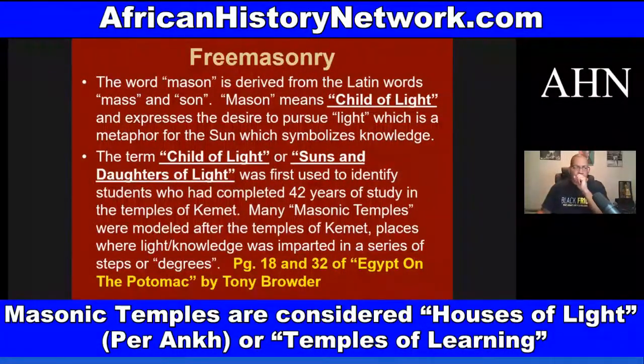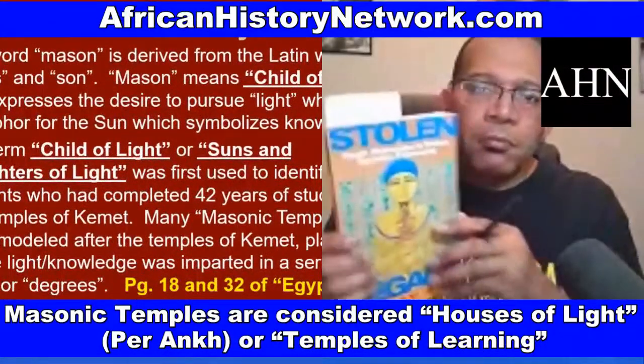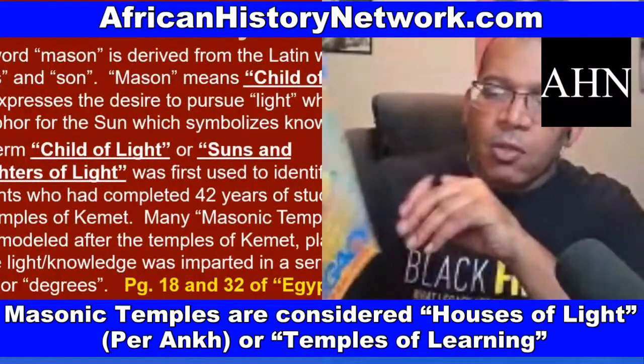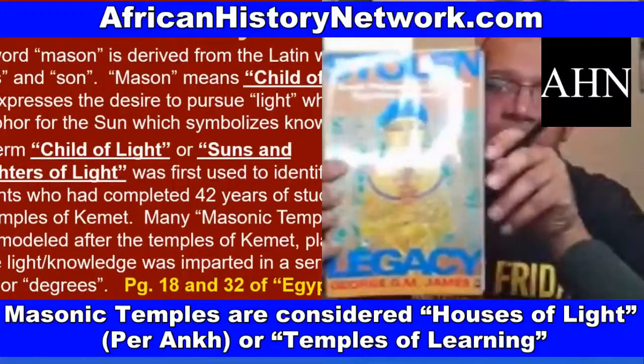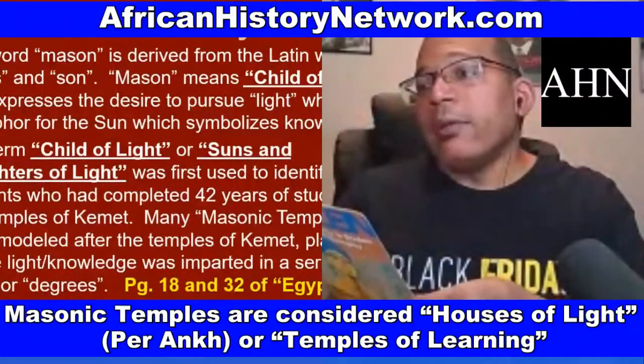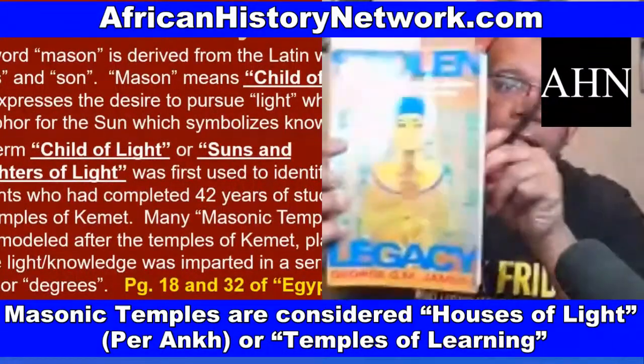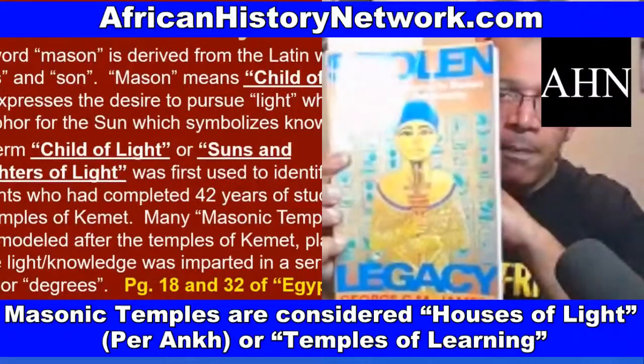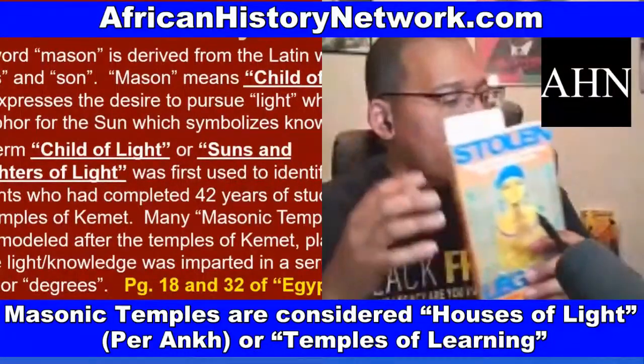When you read Stolen Legacy by George G.M. James, here's a copy of it right here, Greek philosophy is stolen Egyptian philosophy. This is an old copy that I got December 8th, 1993, when I was in college. So he talks about